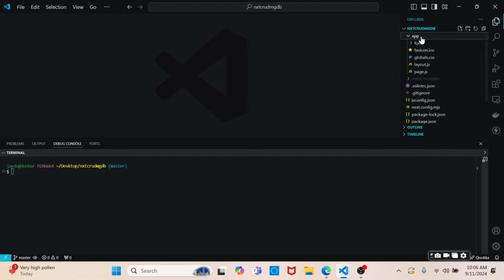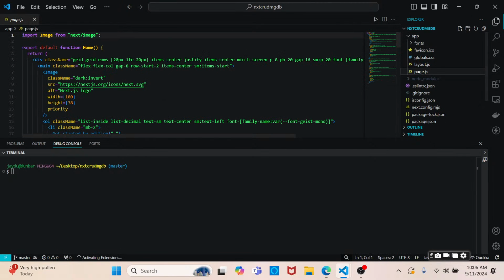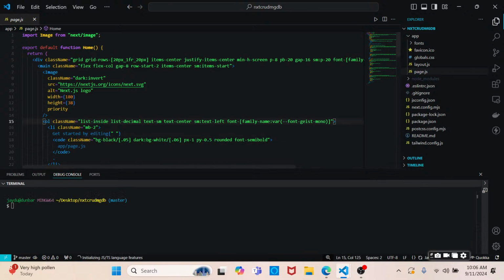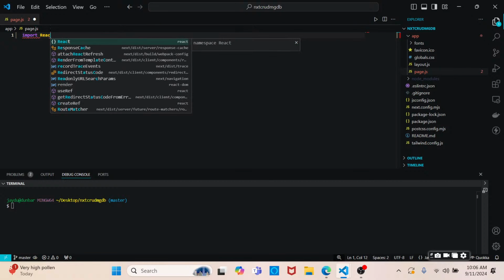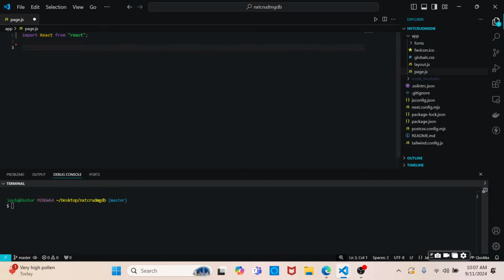So to jump in and get started, the first thing I want to do is go into the page directory, and let's remove all of the boilerplate code that is listed within it. And I am going to create a new function just so that we can have something once we start up our server. So let's just type in import React, and this is going to come from React. Then let's create a function that will export, named homepage,